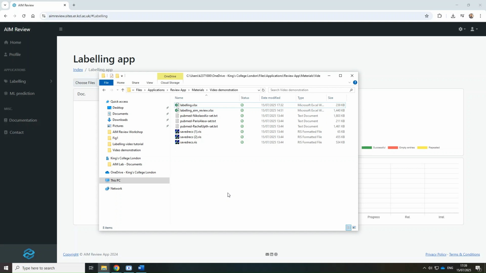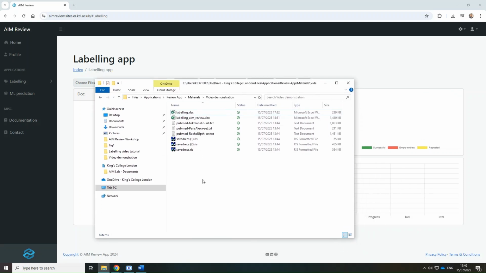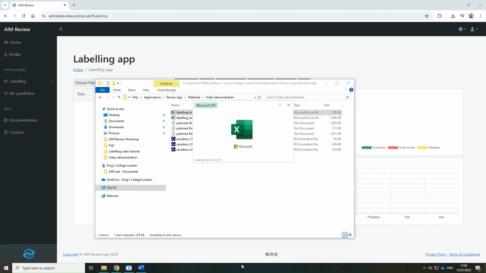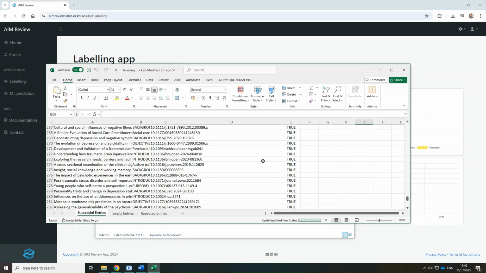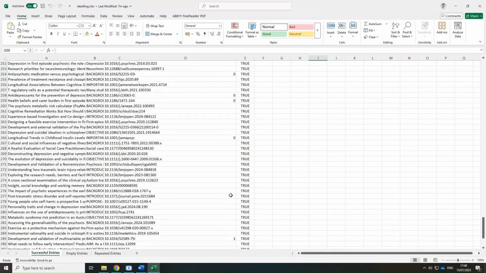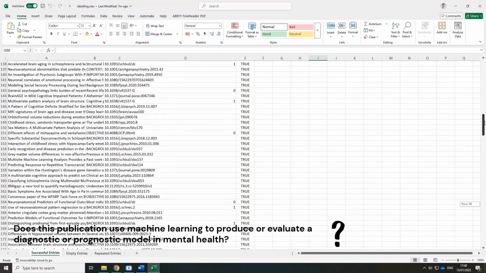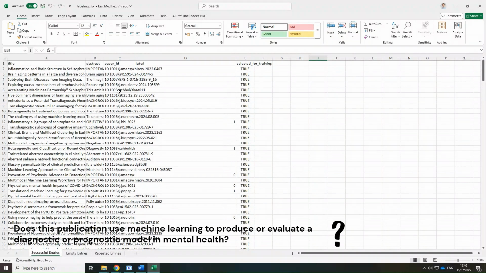But instead of using the random labels we just extracted, we'll use the Excel file shared earlier in the Google Drive link, called labeling.xlsx. This file contains screening labels generated using Gemini's large language model, based on the inclusion criterion. Does this publication use machine learning to produce or evaluate a diagnostic or prognostic model in mental health? In this file, a yes label is represented as 1 and a no as 0, covering about 20% of the